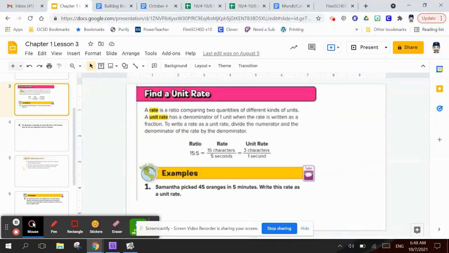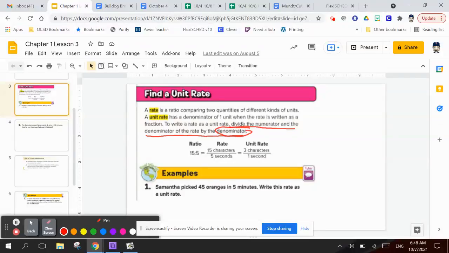So as I look at our beginning, it says find a unit rate. A rate is a ratio comparing two quantities of different kinds of units. So a rate is simply miles per hour. That's two different types of quantities that we're looking at. A unit rate has a denominator of 1 when the rate is written as a fraction. To write a rate as a unit rate, we're going to divide the numerator and the denominator of the rate